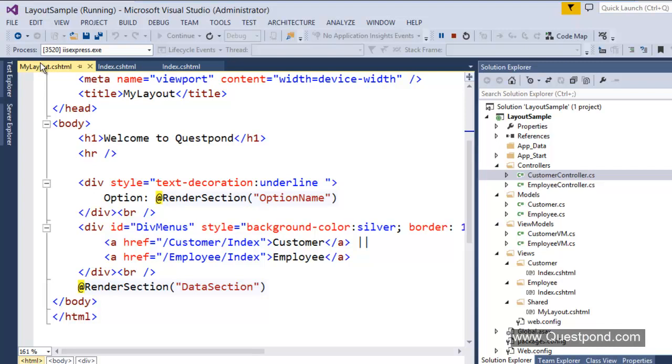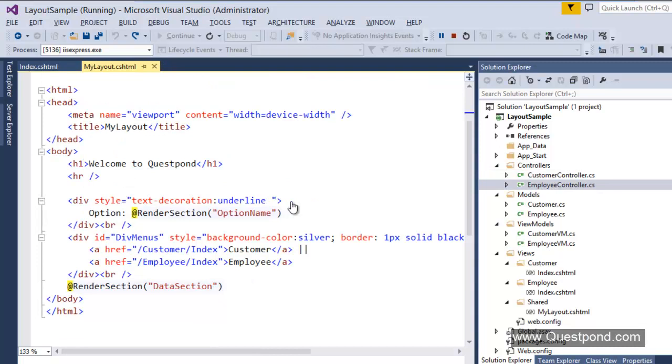But when we say layout page is connected to view, that means layout page will get its data from view itself. Now let's connect both the sentences. Layout page will get its data from view and view will get its data from action method. That means indirectly layout page will get its data from action method. So let's see how to get it done.